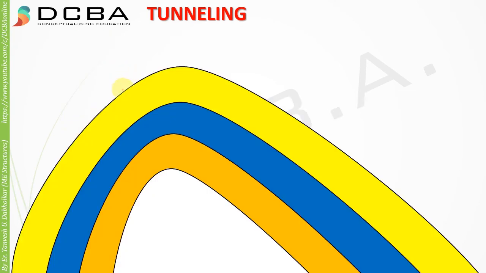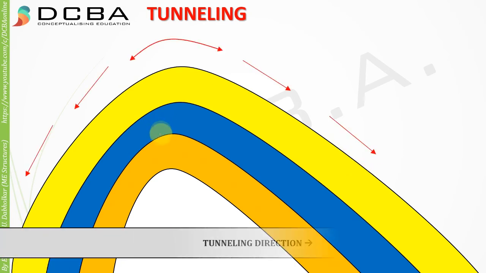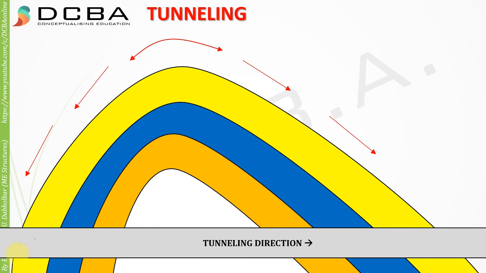And the next is when we are tunneling through folds. What will happen when we are tunneling through folds? This is an anticline. The first thing that will happen is that we'll have to encounter different series of rocks as we are progressing ahead. Second thing that happens is the load that is coming on this anticline, due to arch action, is dissipated downwards. So the outer limb is under very high pressure, and inner limbs are generally under low pressures. The outer limb, obviously due to its high curvature, is under high pressure, and the inner limb is at lower pressure.